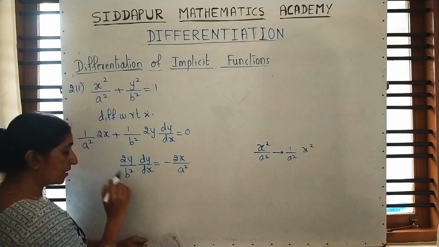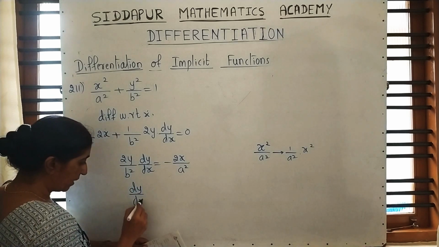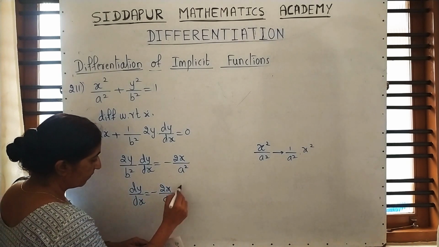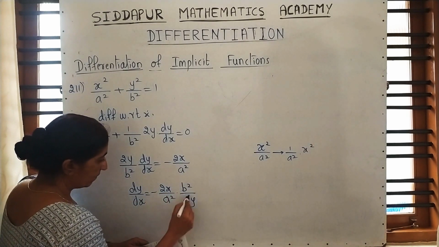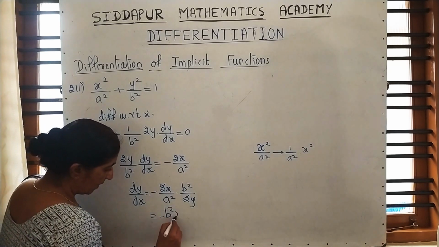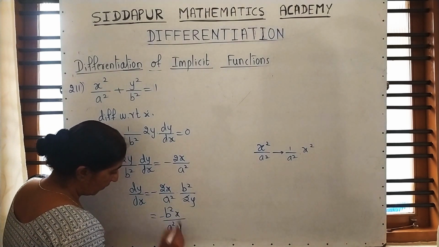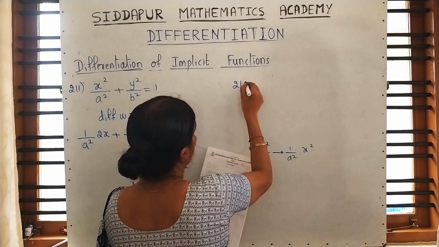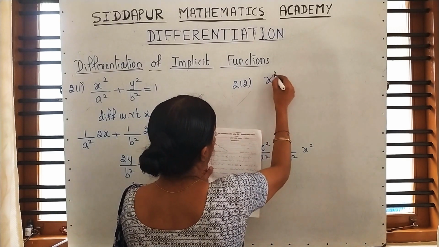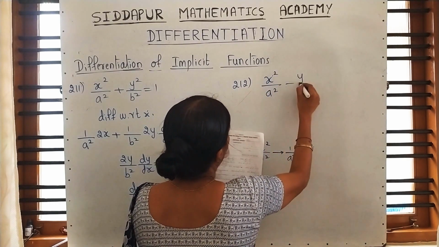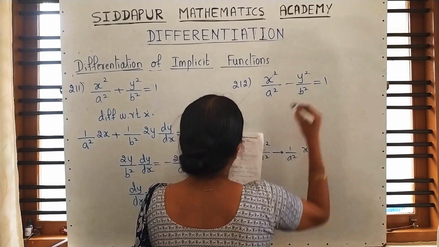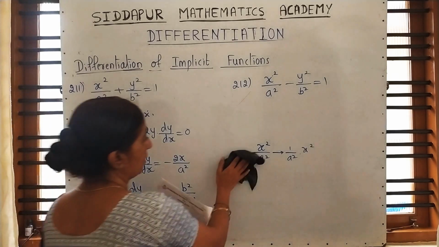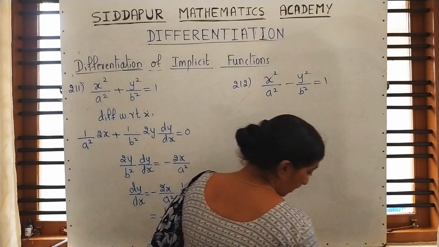And remember, this is a multiplication. Taking on that side, it becomes division. Or just cross multiply, you can get like this. Minus b square x upon a square. Understood or what? The sums are very simple. So just try this. Only change is in the middle, I gave a minus. At that time you are not getting this minus. The remaining steps are all similar. In the final answer you are not getting a minus sign.